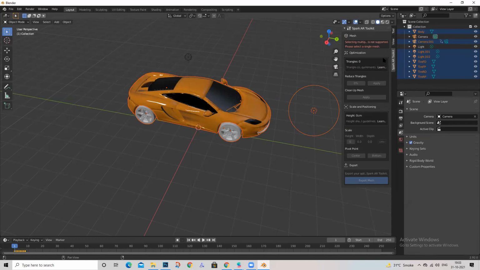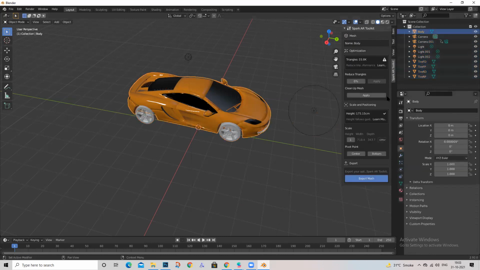That's something you'll have to do. Once that is done, you can come here. You have this option to optimize, so you can reduce your triangles over here, and you'll have to select the body. Let's select the body.